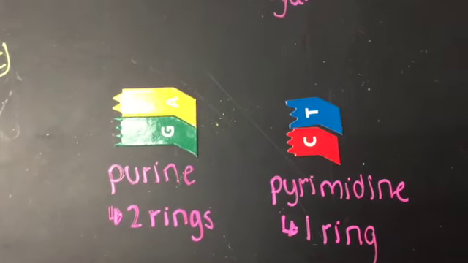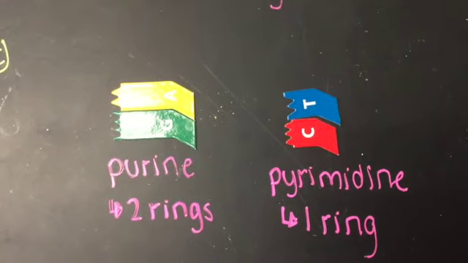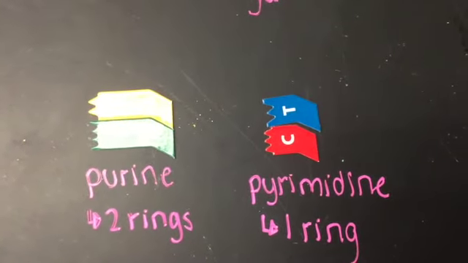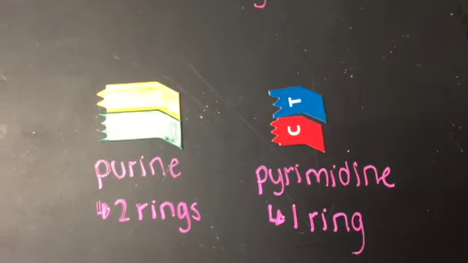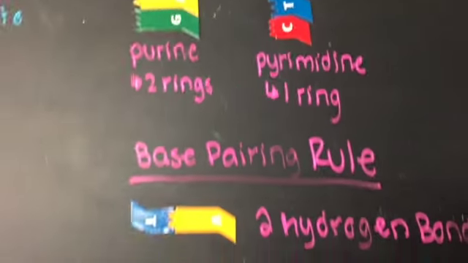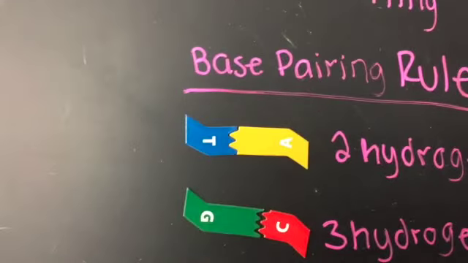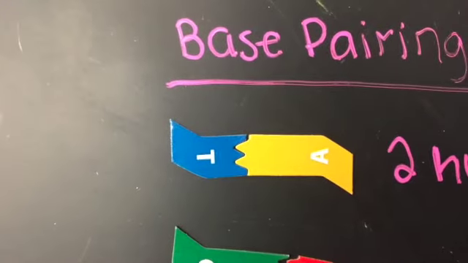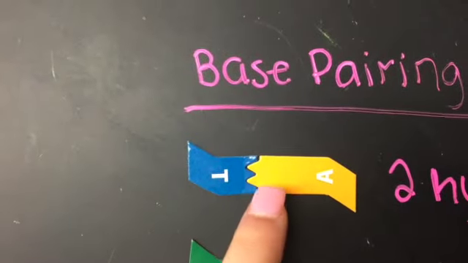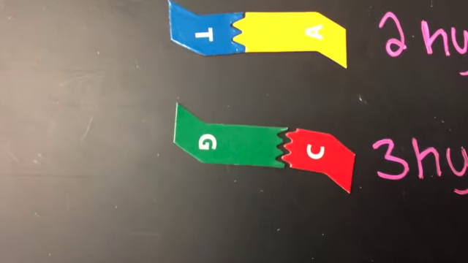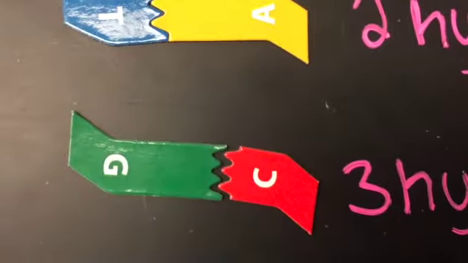Adenine and guanine are both purines, and that means that they have 2 rings around their nitrogenous base. And cytosine and thymine are pyrimidines, which means that they have 1 ring around their nitrogenous base. So the base pairing rule is that it is between adenine and thymine because they can form 2 hydrogen bonds, which you can see in the little niches, and then between guanine and cytosine, which form 3 hydrogen bonds, which again you can see on the